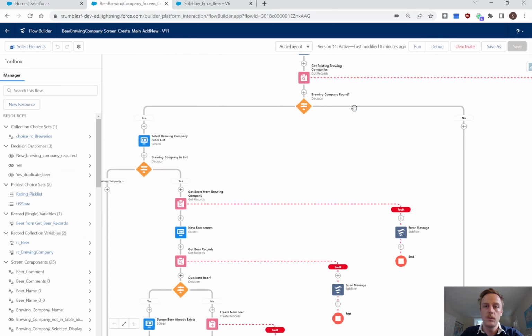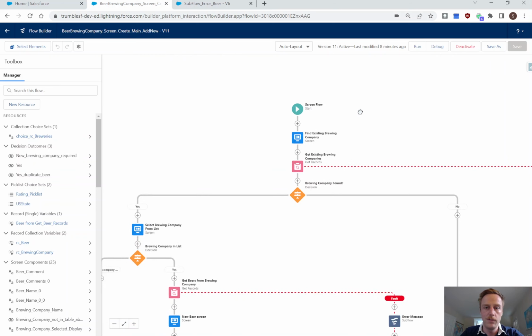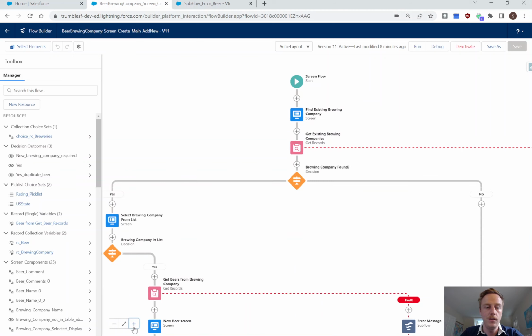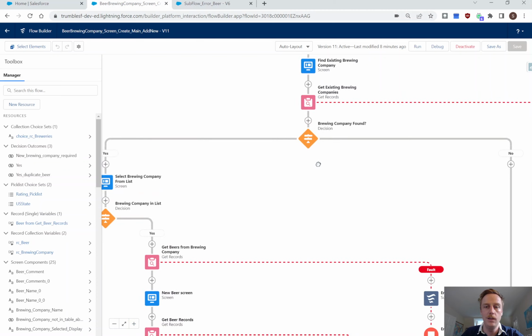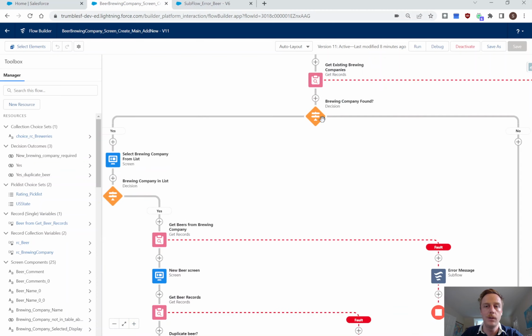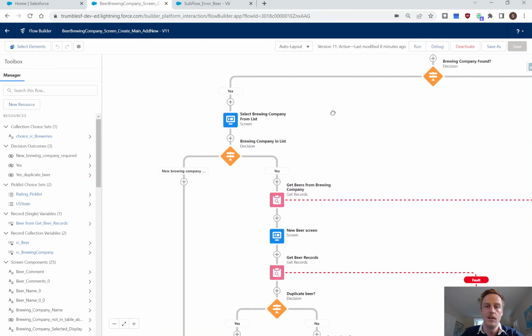So I set it up as a screen flow. On the first screen, you search for a brewing company to see if one exists. So we'll do a Get Records on here and then hit a decision element. Either the brewing company is found or it's not found. If it is found, then we get to a screen which will allow you to choose the brewing company